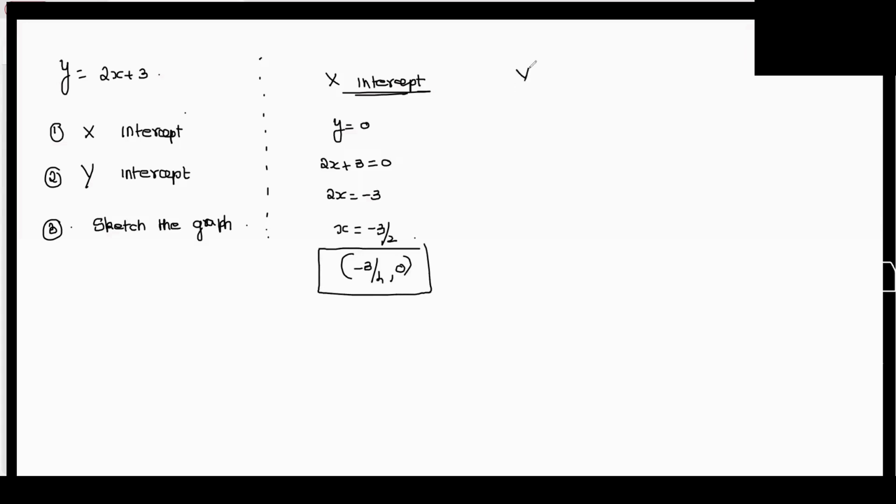Now to get the y-intercept, what shall I do? Make x 0? Yes, x is equal to 0, right? So when I put x is equal to 0, what is my y value? 2 times 0 plus 3, which is equal